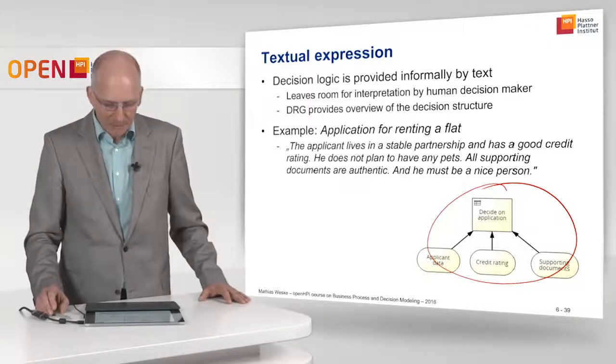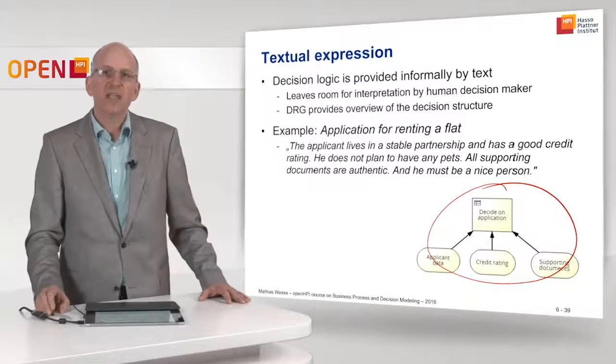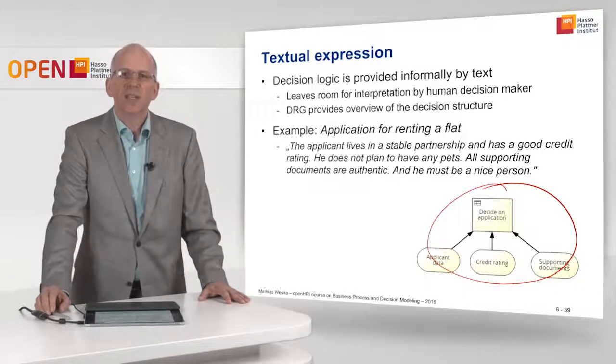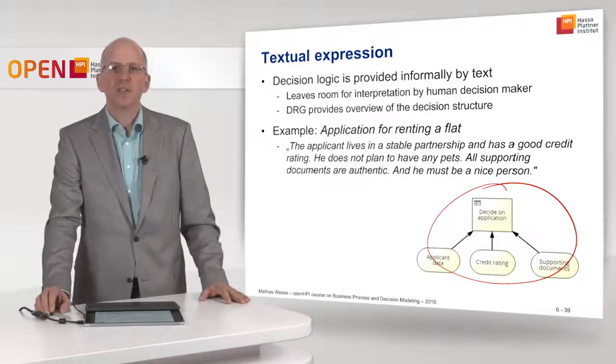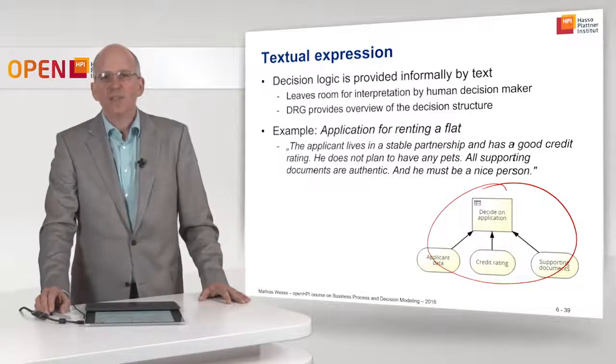We need the applicant data, the credit rating, and also supporting documents. And the example here is actually the scenario of renting a flat. If you live in a large urban area, there are often several applicants for renting a given flat. So you need to apply